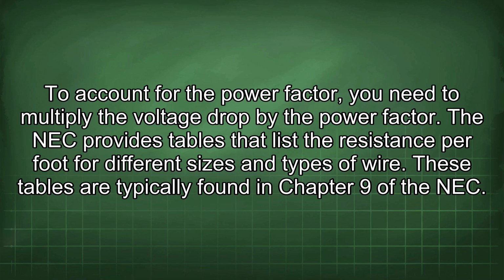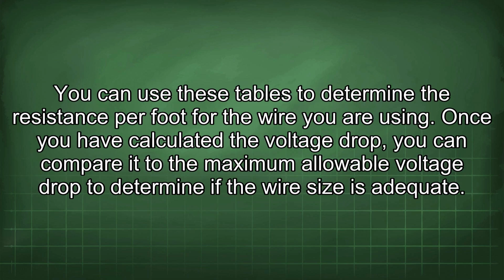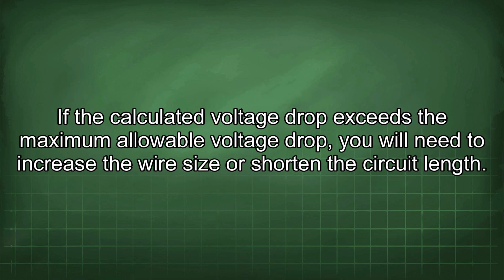The NEC provides tables that list the resistance per foot for different sizes and types of wire. These tables are typically found in Chapter 9 of the NEC. You can use these tables to determine the resistance per foot for the wire you are using. Once you have calculated the voltage drop, you can compare it to the maximum allowable voltage drop to determine if the wire size is adequate. If the calculated voltage drop exceeds the maximum allowable voltage drop, you will need to increase the wire size or